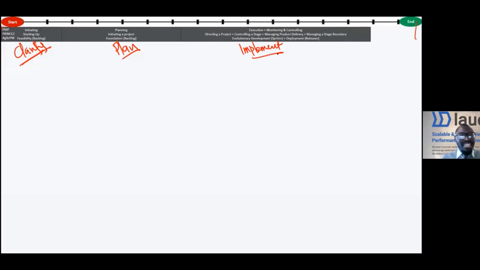So project management is project management anywhere, whether Prince 2 or PMP or Agile, whatever, it's still the same thing. Nothing has changed. And then at the end of the day, we then close. Close is when we hand it over to the BAU, where the product or the service can be given to the customers, whether internal customers or external customers. So every project we have clarification, planning, implementation, and then closing. Now, at a very high level,